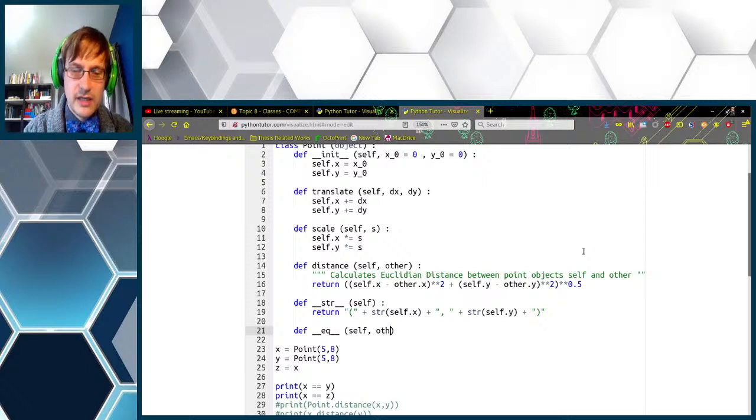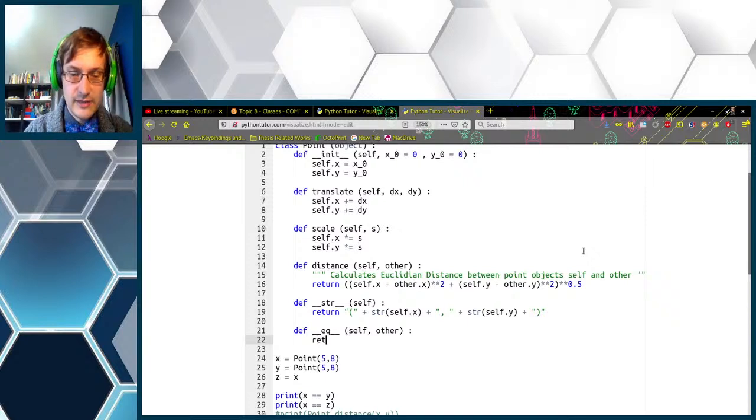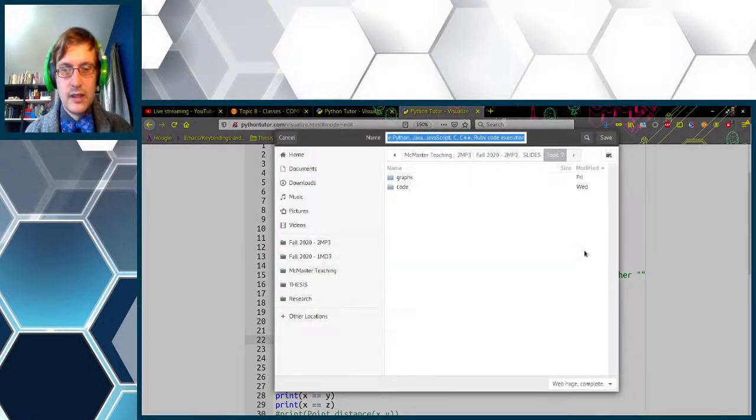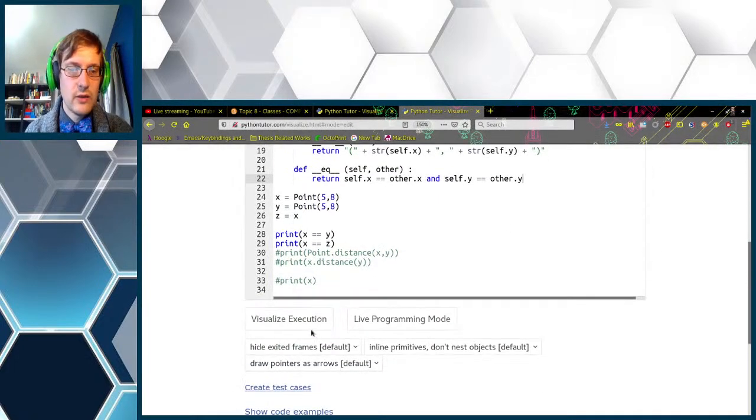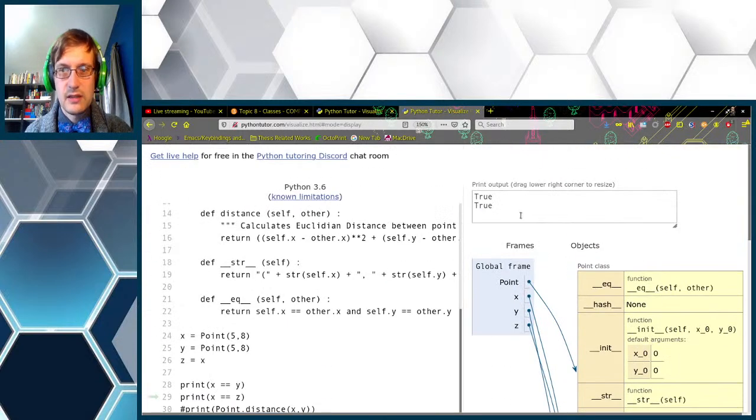Because equality is a binary operation, we need to take self and other into account, and we would return self.x is equal to other.x, and self.y is equal to other.y. So if we execute this, you will see we now have True in both of these comparisons.